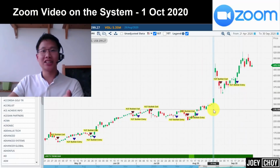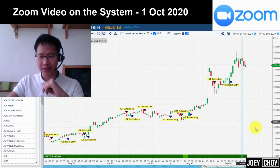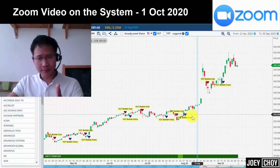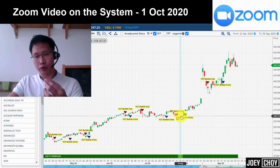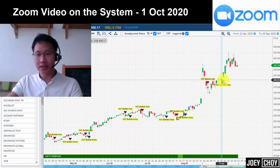Are there any bullish entry signals and all that? So this is Zoom right over here. I've entered the name Zoom, and this is where we are. In fact, we do have some bullish signals coming in around August. So entry, exit, it headed up a bit. And we got an entry signal in August, on the 18th of August, a 1GT bullish entry signal. It started to push up. We got an exit, and then